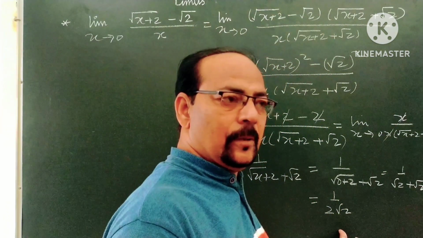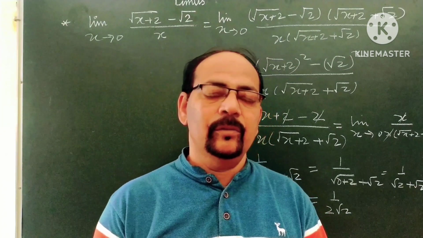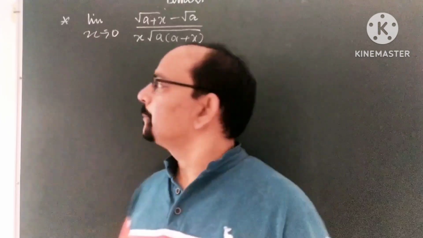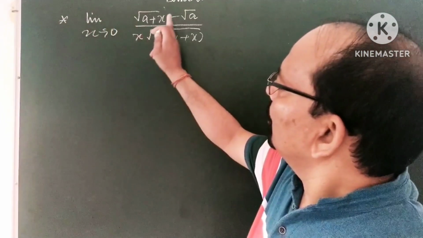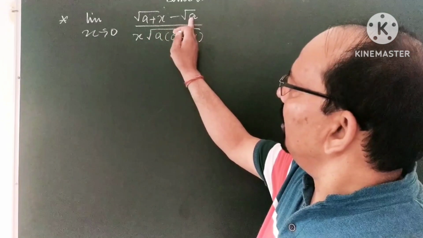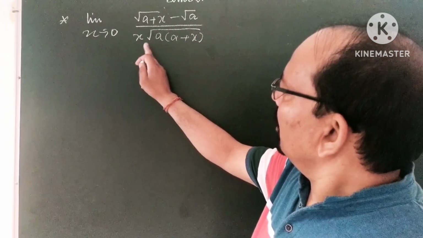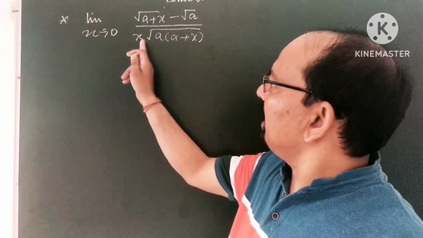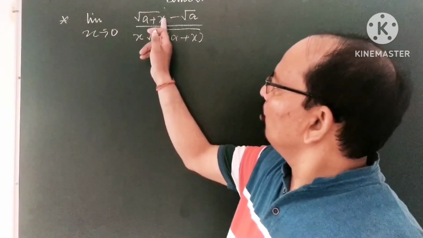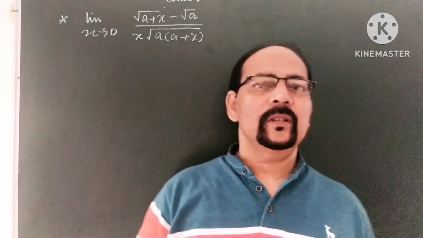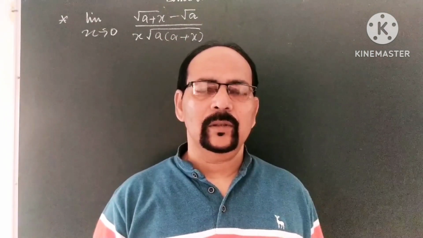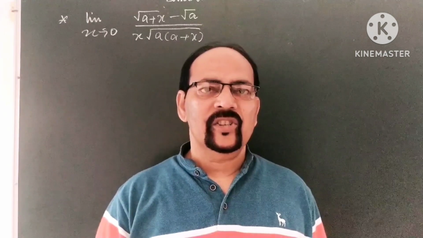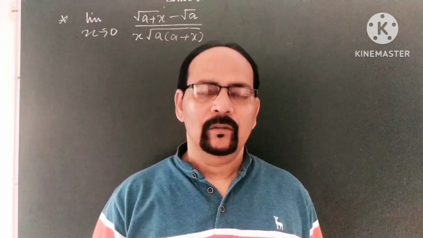It is your answer. And after that we continue with the next question. The next question is: limit of (root of a plus x minus root a) by x root a into root of a plus x. If x tends to 0, we directly put it here, the denominator and numerator both are 0. Therefore this is the form of 0 by 0. Thus the limit does not exist directly. After that it simplifies by rationalization. Therefore we have